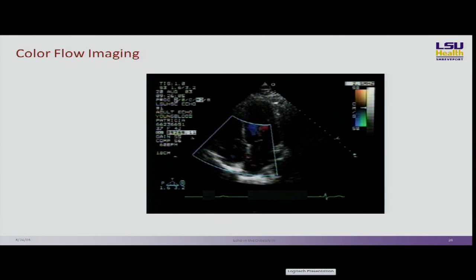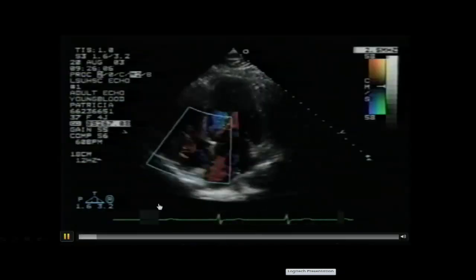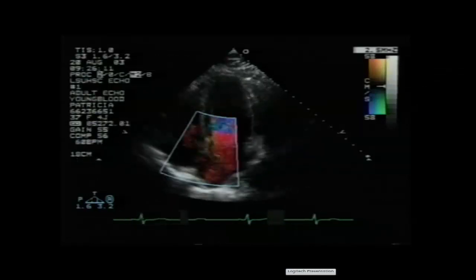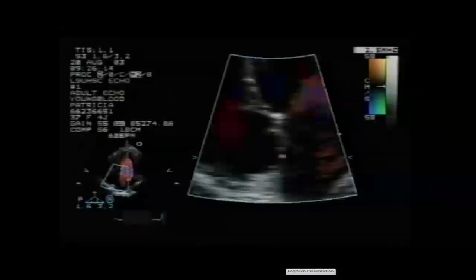This is an example of a color flow. This is a four-chamber view. There's the left ventricle and the left atrium, and this is the right side. There's a tricuspid valve. There's the mitral valve right there. And color flow gives you color information. The blue is away from you. You can see the blue down here, and the red is towards you. So what this one is showing here is that there's blue, which is the filling of the